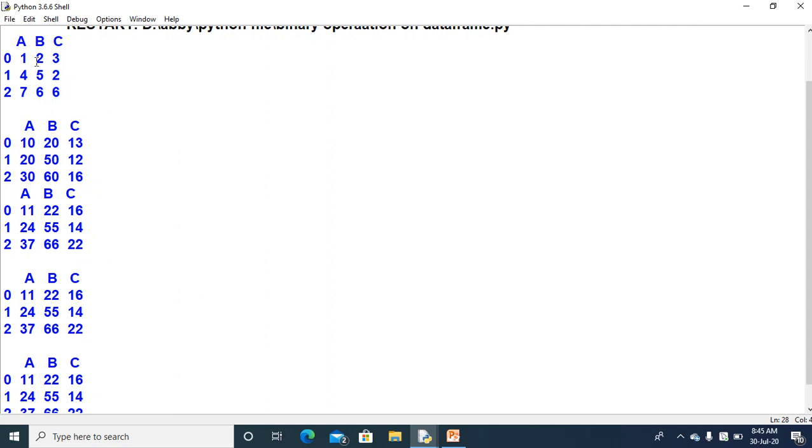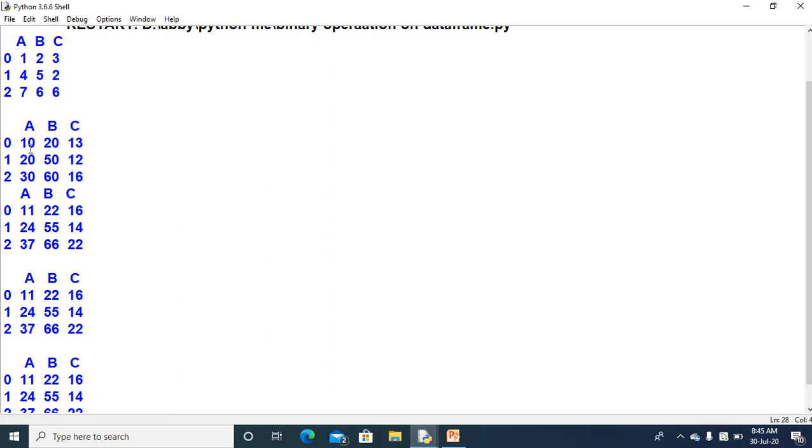So you can see the addition will be performed by the row index and the column index. The respective row index and the column index of the first data frame will be added with the respective row index as well as the column index.